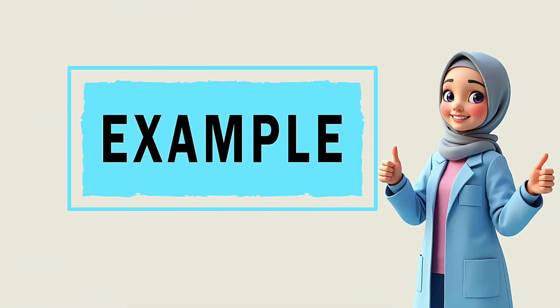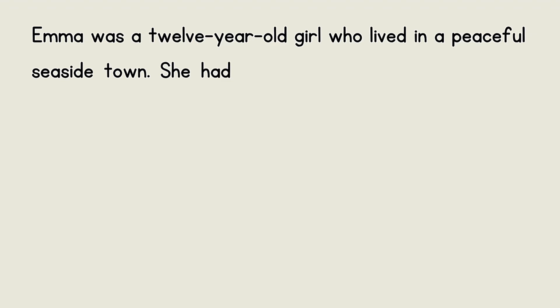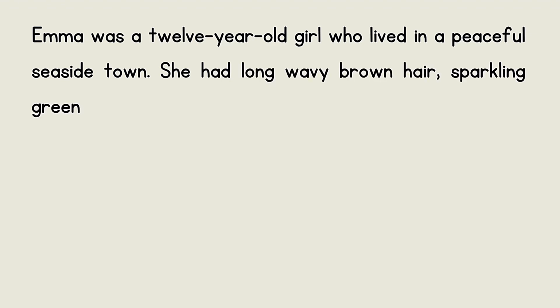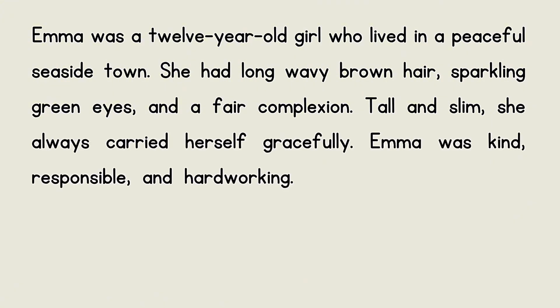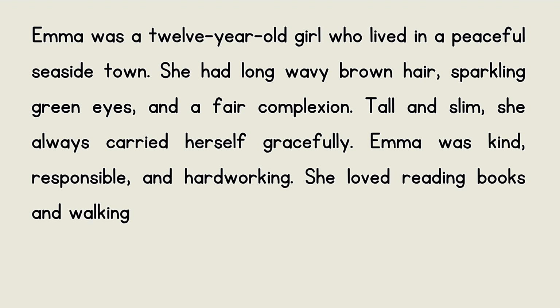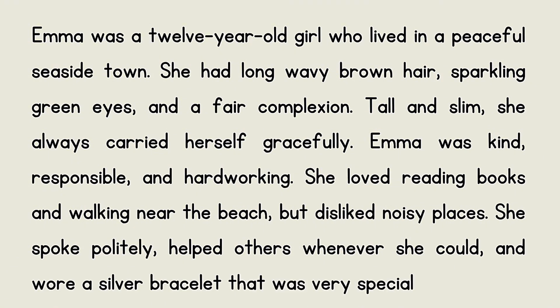Full character sketch example: Emma was a 12-year-old girl who lived in a peaceful seaside town. She had long, wavy brown hair, sparkling green eyes, and a fair complexion. Tall and slim, she always carried herself gracefully. Emma was kind, responsible, and hardworking. She loved reading books and walking near the beach, but disliked noisy places. She spoke politely, helped others whenever she could, and wore a silver bracelet that was very special